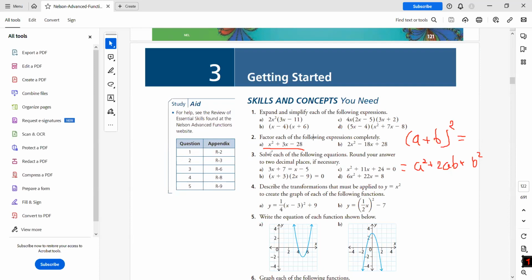For example, one way of factoring it, which is, I would say, a simple way, is to take x and simply factor it out from these two terms. So as a result, we're going to get x times x plus 3 minus 28. This would be our easiest simplification. But if you look closely,